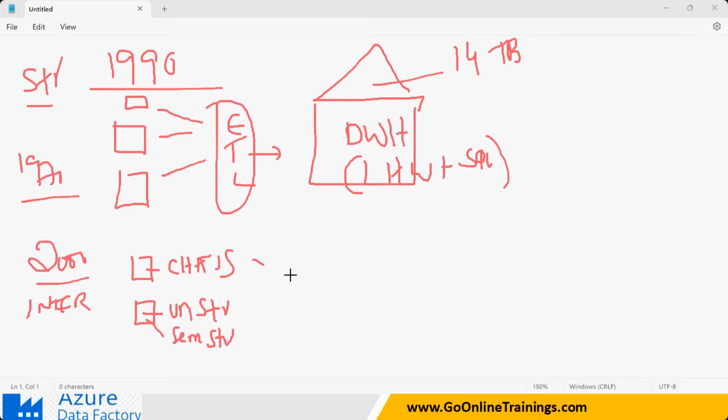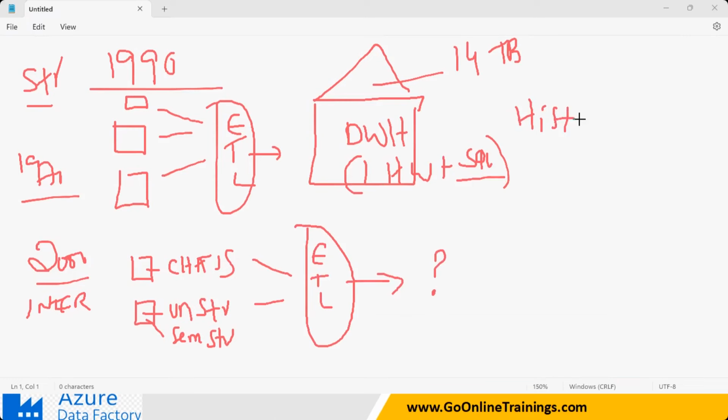So people did not know how to store this data. Clear? They needed to get this data with the help of ETL and they wanted to store the data. So that is the biggest question: where to store? Data warehousing means I can have structured data because it is SQL, right? So a large database is called a data warehouse. You have structured data, a lot of historical data, you can have it here.